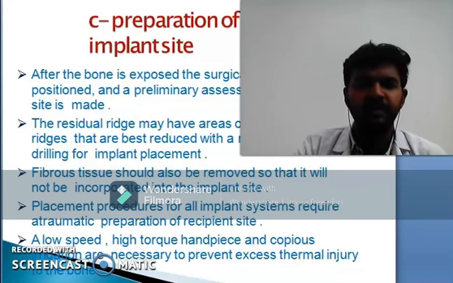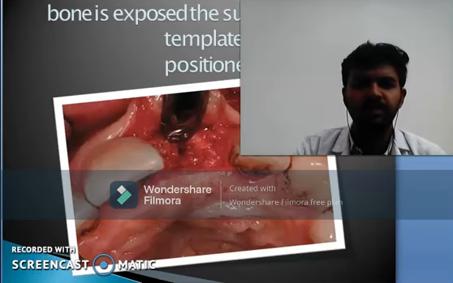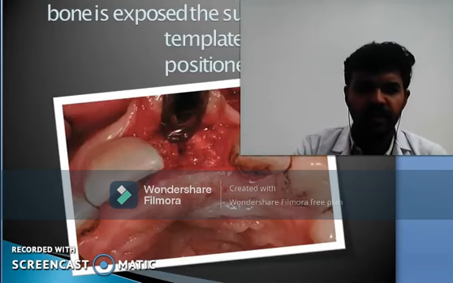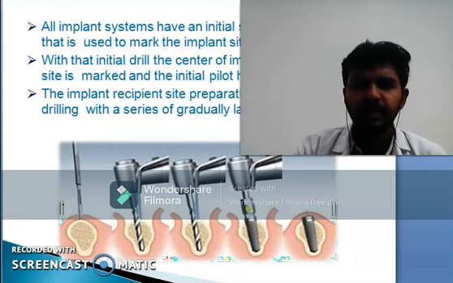The placement procedures for all implant systems require atraumatic preparation of the recipient site. A low speed, high torque handpiece and copious irrigation are necessary to prevent excess thermal injury to the bone. The bone is exposed. The surgical template is positioned. All the implants have an initial